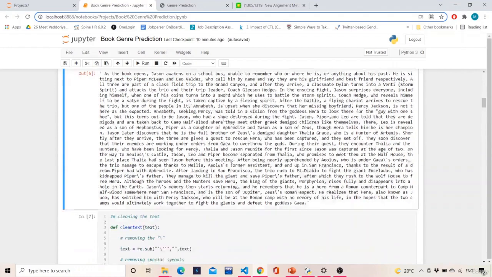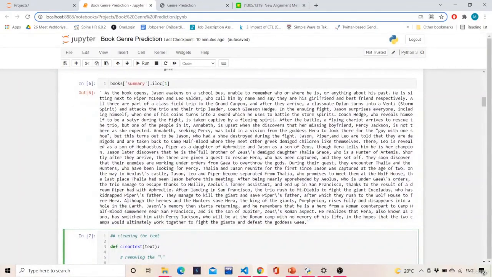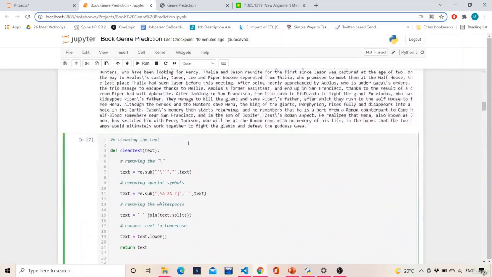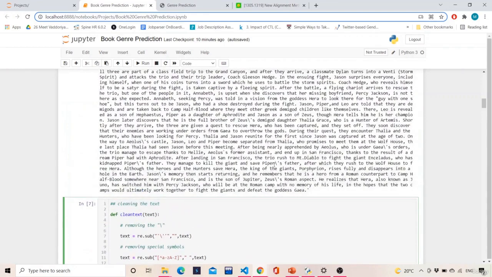So what we will be doing is defining a clean text function which will use regular expressions and remove all the special symbols, punctuations and whatever things are not required in our case. It will take in a parameter known as text. Now for the text we will use re.sub. This sub is basically a substitute. So re.sub will substitute this backslash with an empty string, and then we will pass in the text value. So wherever you have this kind of thing, it will be replaced with an empty string. So this will be handled over here.